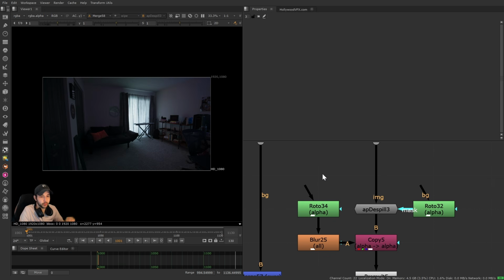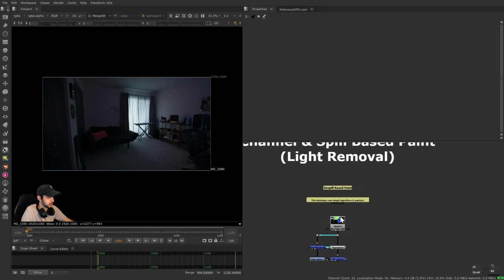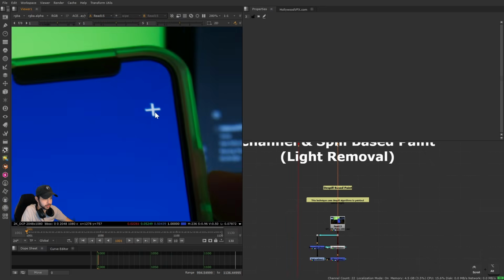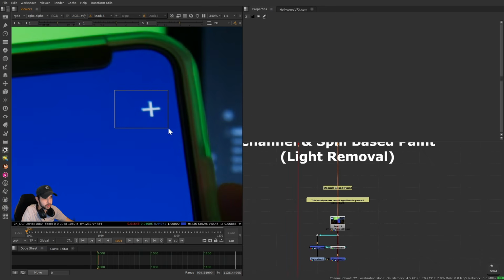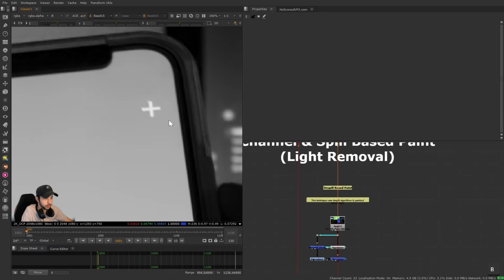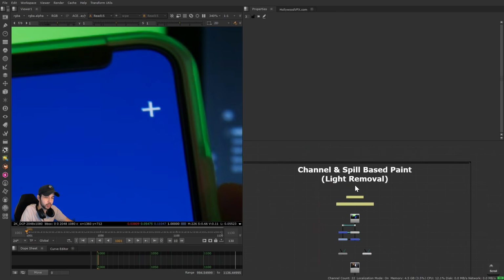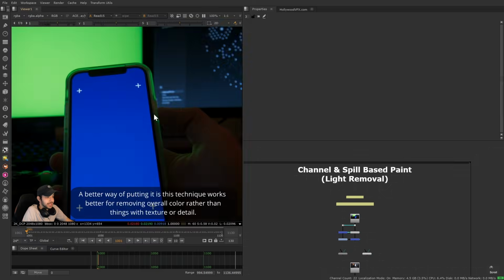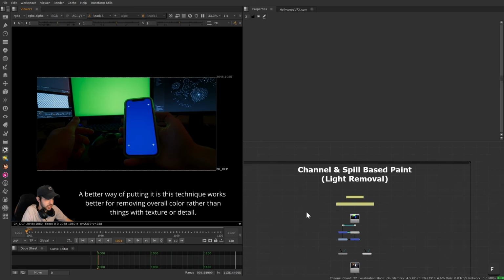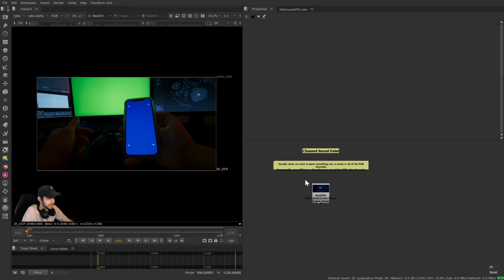Now, it only really worked because the tracking markers were out of focus. If the tracking markers looked like this, that obviously isn't going to work, right? No despill or color correction is going to remove these tracking markers. They exist in all the channels and they're really distinct. That's why these techniques really only work for light, okay? Not like actual objects. And speaking of something existing in all the channels, let's talk about the last technique, and that is